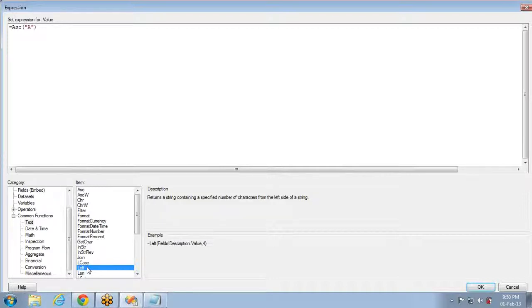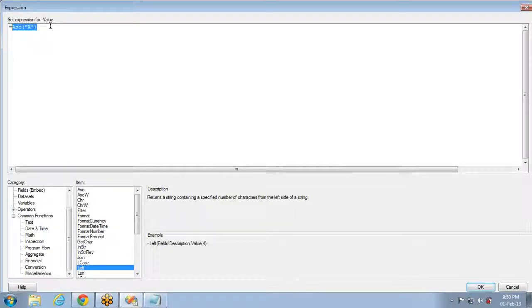Can you tell me one example where we can use the Left function? The Left function can be used while showing month names. In most cases, clients want to show only 3 characters of every month name, like Jan, Feb, Mar, Apr, and so on. So if you are getting the full month name, what you can do is use Left of the column name, comma 3. It will show only 3 characters.